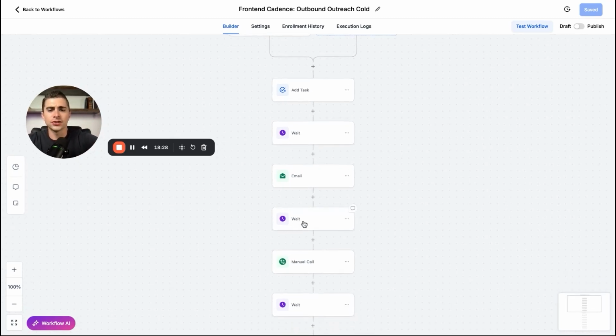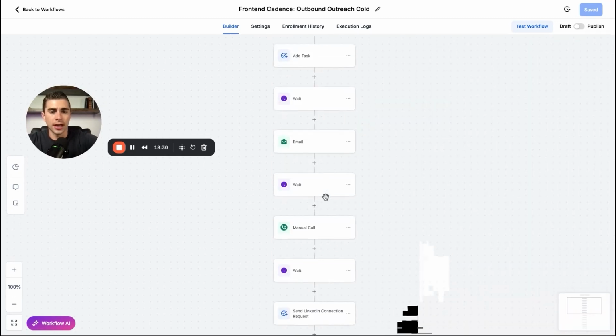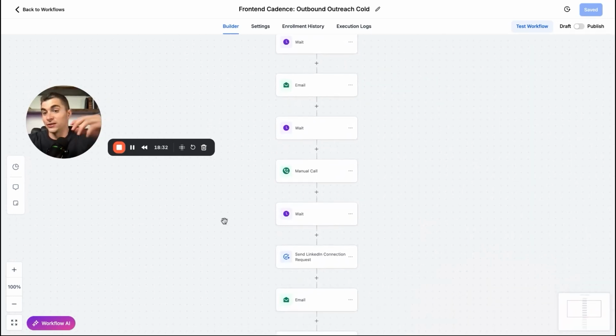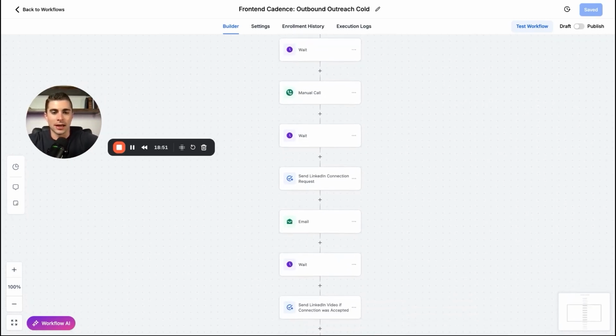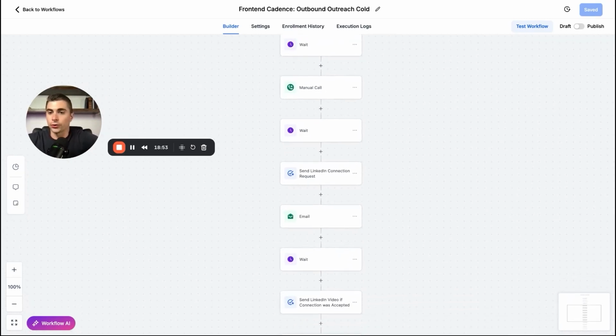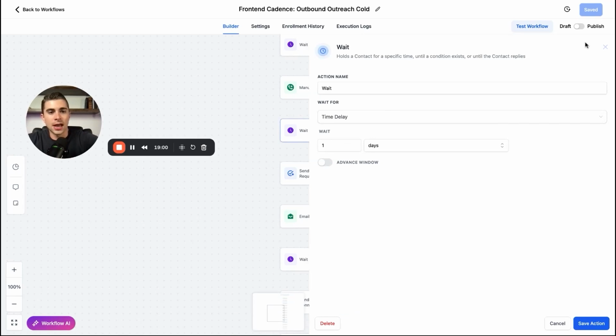So now you'll see here, there's another wait step. So it waits 1 more day, a manual call. And this is where maybe it's a little bit scary for you, but yes, you do need to make cold calls when you're first starting your business. And when you land your first couple of clients, the beautiful thing about this is you might build out a sales team, right? You could go back to some of those websites that I talked about, Upwork, Fiverr, that's what I would do, and hire people that could go cold call the leads that you're scraping, and they could get clients for you. You're building your own business development or sales development team, is what they're called in the corporate world. And then another wait step.